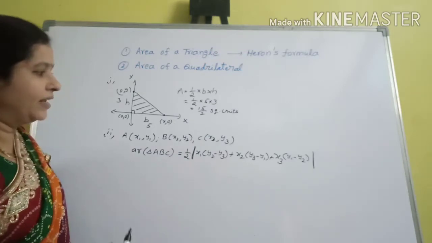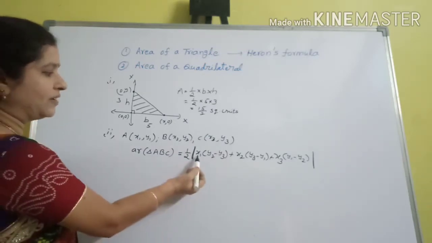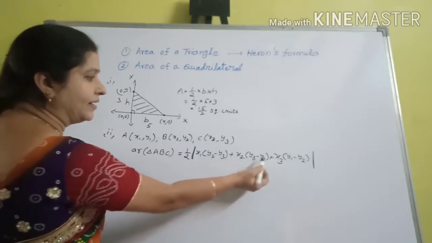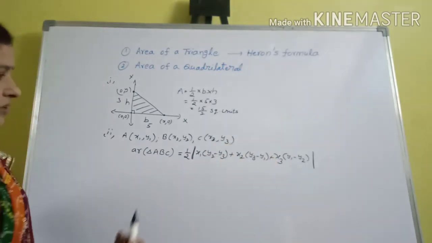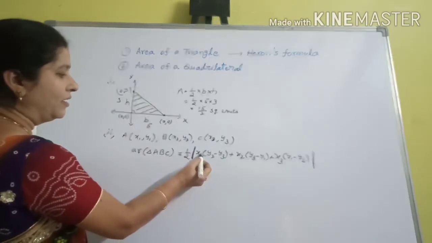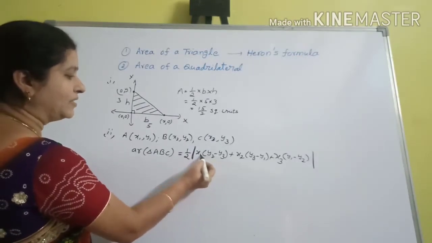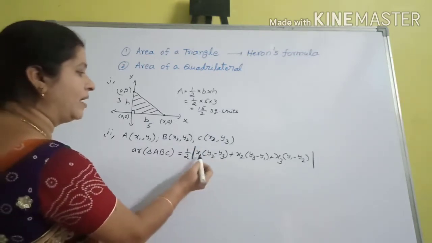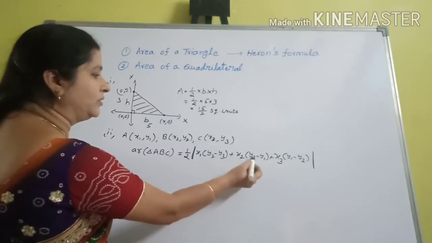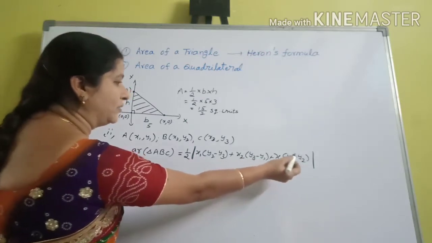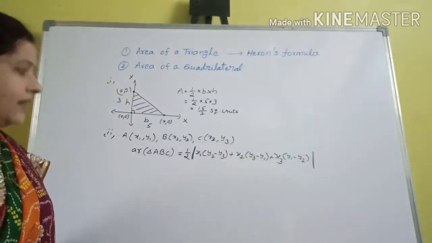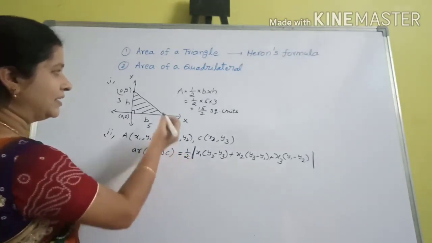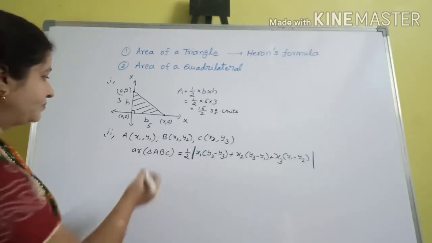It is very easy to remember. First one x coordinates, second one difference of y coordinates, again the second term and again the third term. So observe here, once observe here. Here we are taking the numbers 1, 2, 3 in cyclic order. It is very easy to remember the formula. 1, 2, 3 here, 2, 3, 1, again 3, 1, 2. Here the numbers are in cyclic order. So if you remember the formula, you can easily solve the problems.